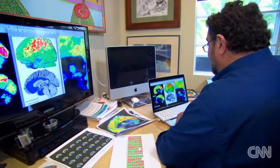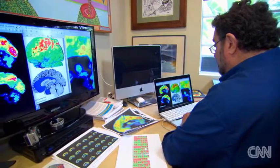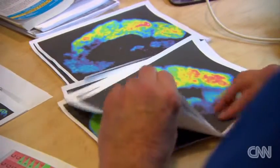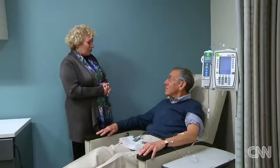"In the case of Alzheimer's disease, it's the early detection of what are known as amyloid plaques in the brain, using what's known as a PET scan. Amyloid is a protein that our nerve cells produce normally, but in Alzheimer's disease it accumulates into these plaques, plaque buildup." Sperling says that plaque buildup can begin decades before Alzheimer's symptoms show up, and therein lies the window of